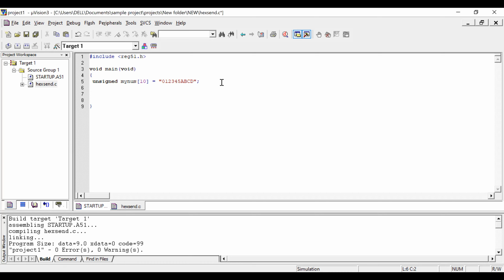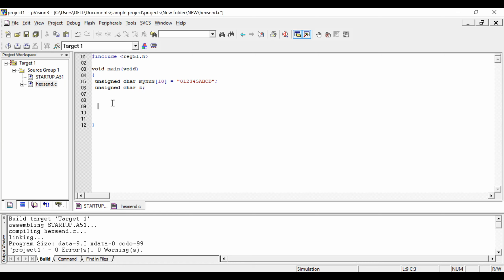One more variable I want. I'm going to use another unsigned char. Here it should be the char data type, so Z. I have designed one array variable and another variable, both of char data type.